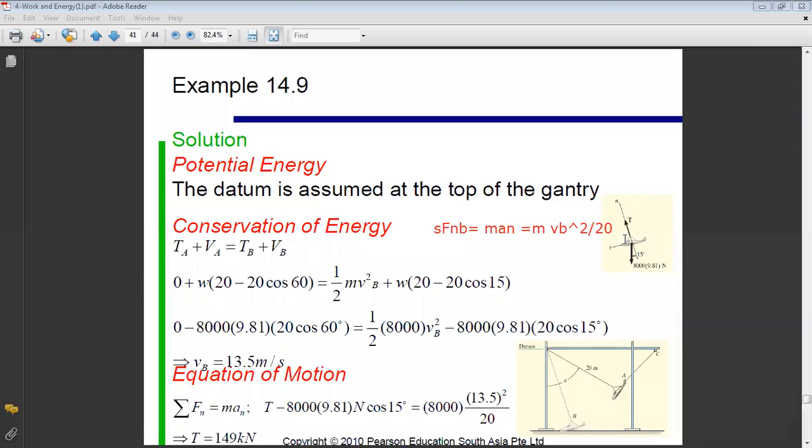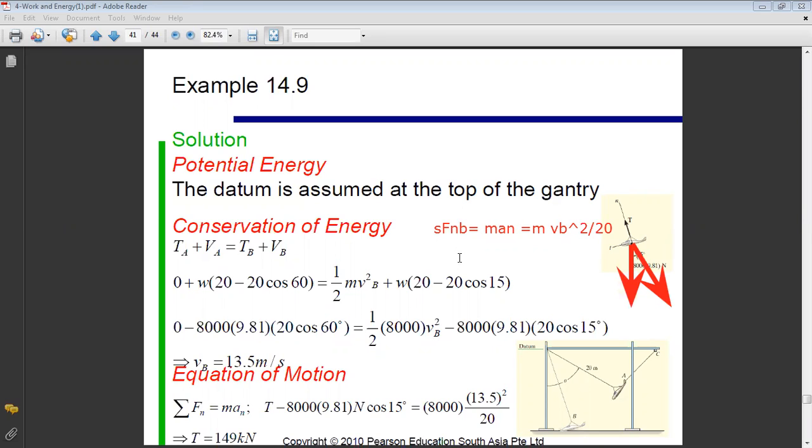As you can see here, T is along plus UN, while for the weight, if you project it, it has a negative projection. And from the given, the cable makes an angle of 15 degrees with the weight, okay? So if I project the weight on UN, I will get minus